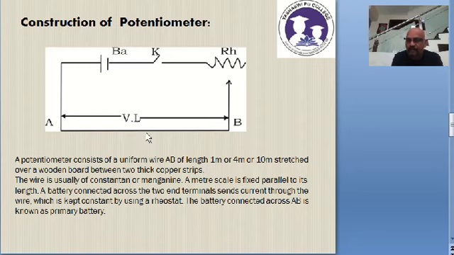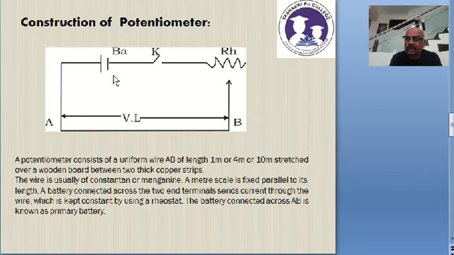If the length is full, the potential drop is, I said, 10 volt. If the length is 3/4, the potential is 15 volt. If the length is 1/4, the potential is 5 volt. Just imagine when this is giving 20, then the potential at 1/4 is 5, the potential at half is 10, the potential at 3/4 is 15, the potential till the end is 20.